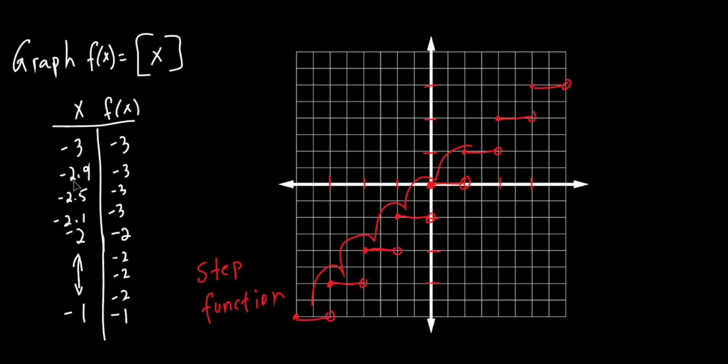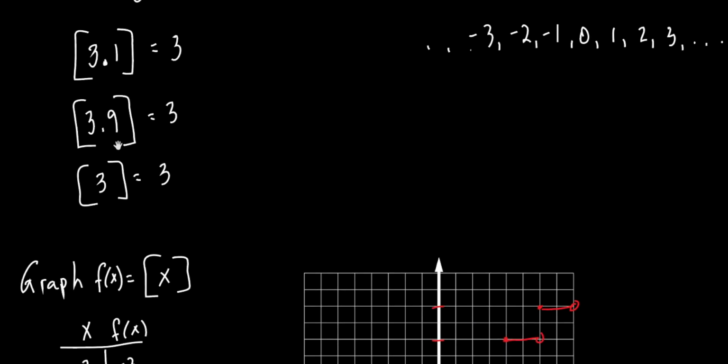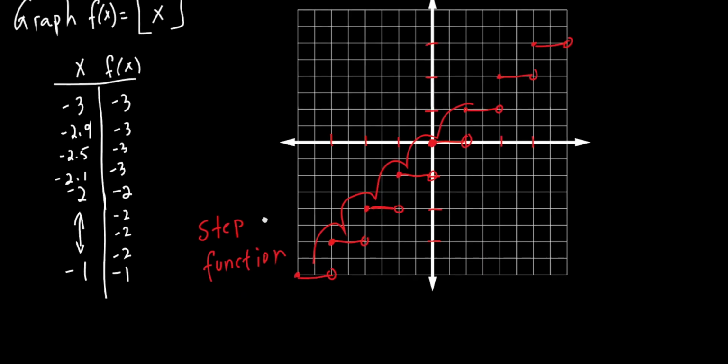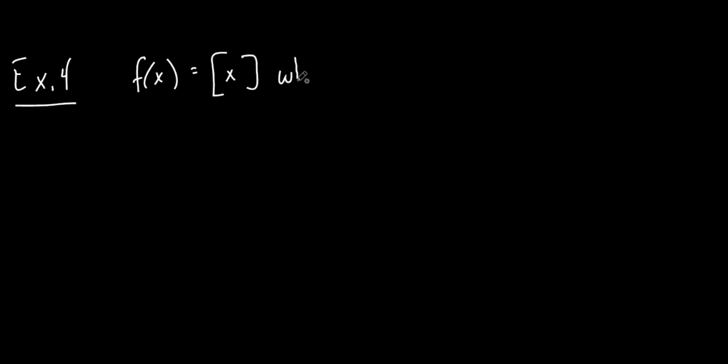Example 4 is just kind of doing what we did right here. If I give you a decimal, you tell me what the greatest integer of that is. Example 4 says evaluate f of x equals the greatest integer of x, when part A says x equals 2. So really all we're doing is just putting a 2 in for that. So what is the greatest integer function of 2? Remember, if it's a whole number, what do